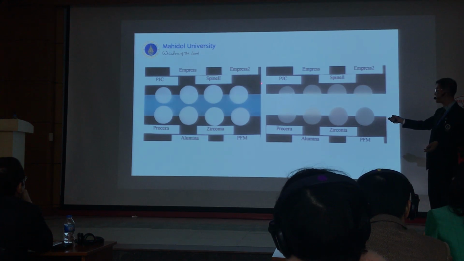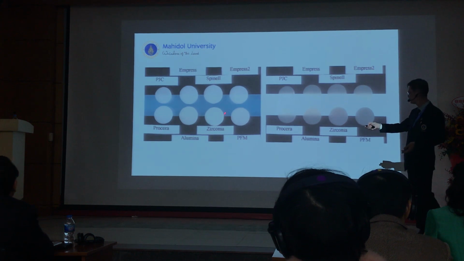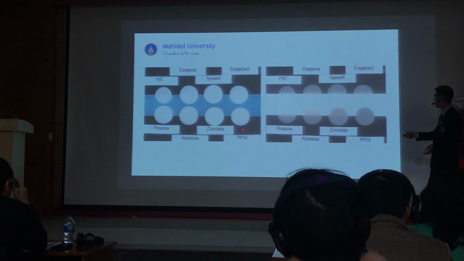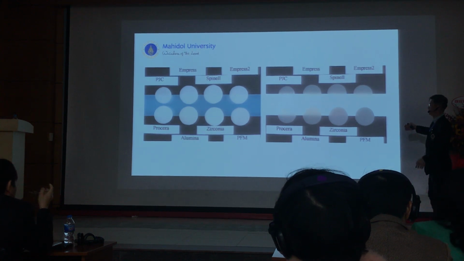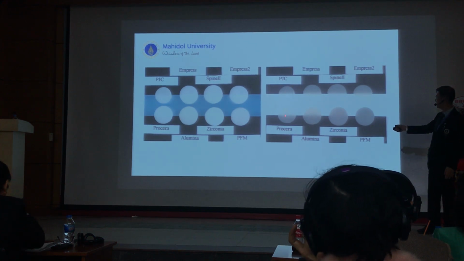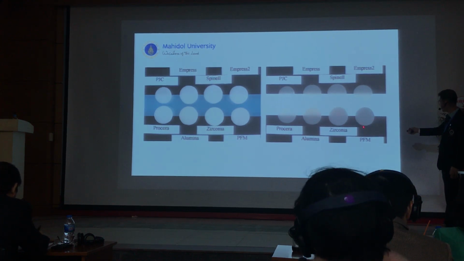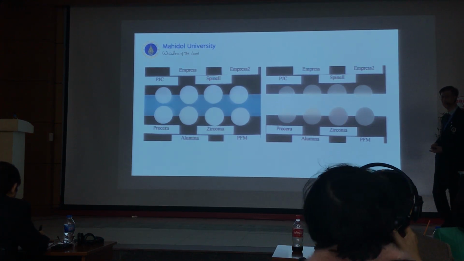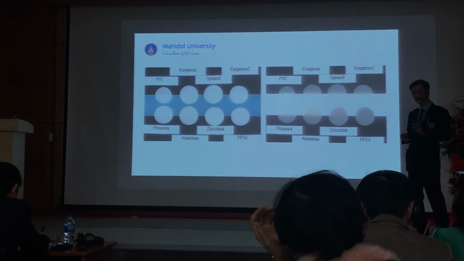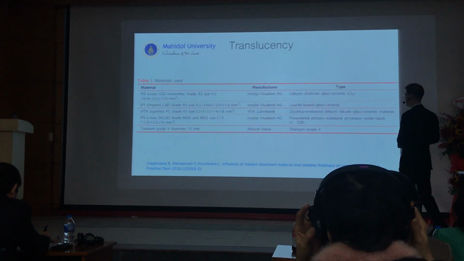Okay, this one is the first generation of the e.max. This is alumina. Zirconia is a little bit okay, but PFM is totally okay. You cannot see the background. If you use the light source on the background, you're going to see it. The light can pass through all the surface over here. Even zirconia, you see a little bit. But for the PFM, you have metal here, so you cannot see the light pass through the PFM. So that's why ceramic is transparent.